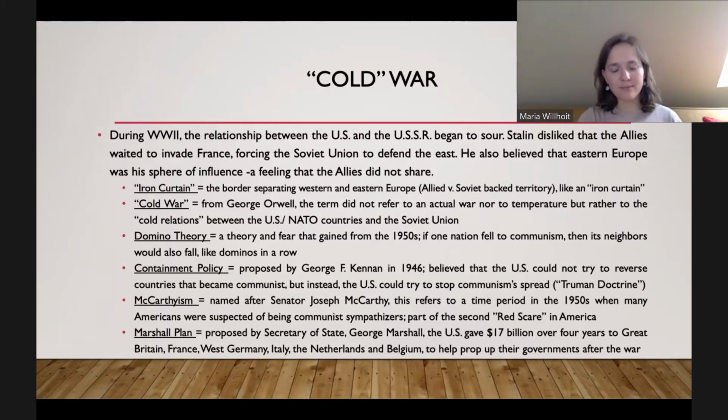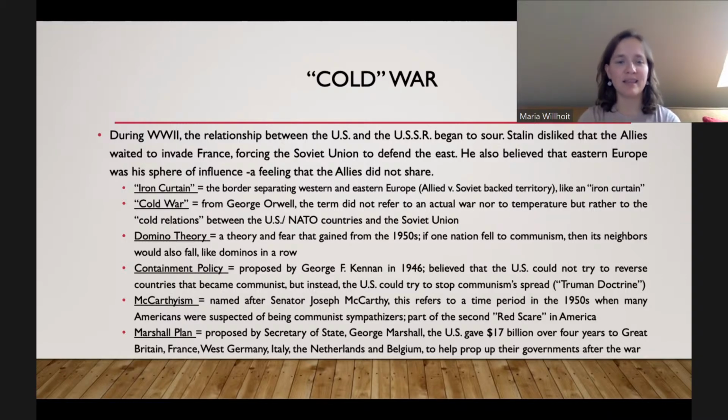And then, with the Red Scare, we have it in the 1920s, but then we start to have it again after World War II. We start to have it in the 1950s, actually. But the Cold War, as we know it, many historians say that it actually starts during World War II. It doesn't happen after World War II. It really starts to begin during World War II. Because even though the US and the USSR were allies in the war, that doesn't mean they were buddy buddies.